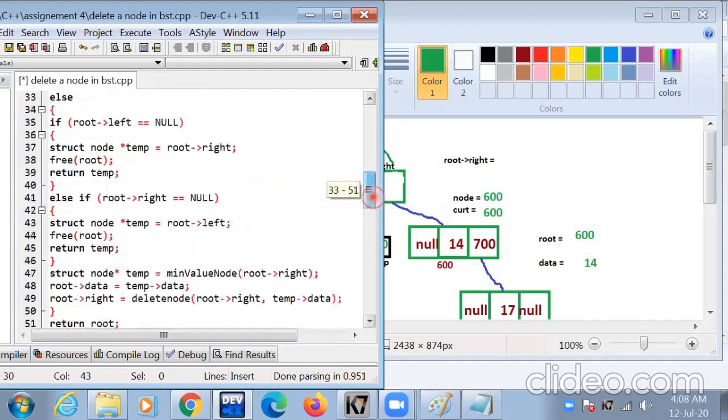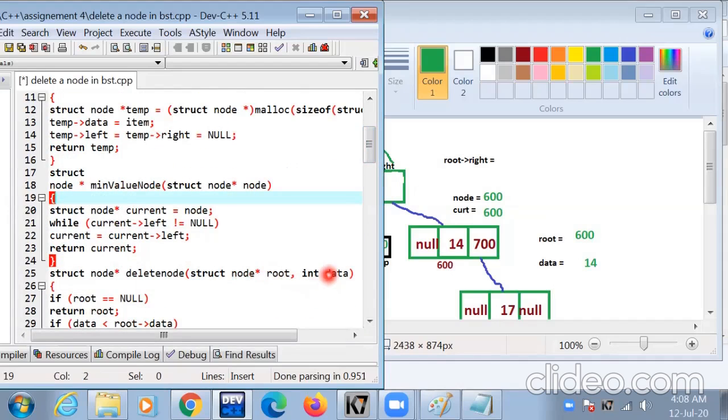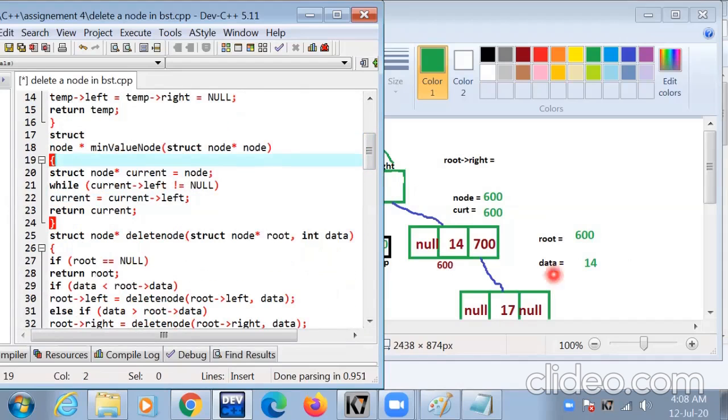Now 14 is inserted in the data part and root value is 600.